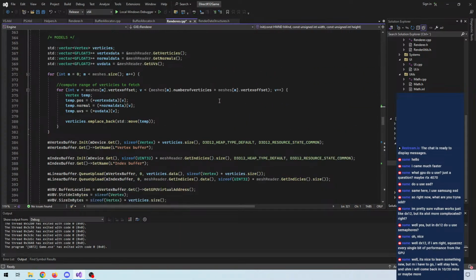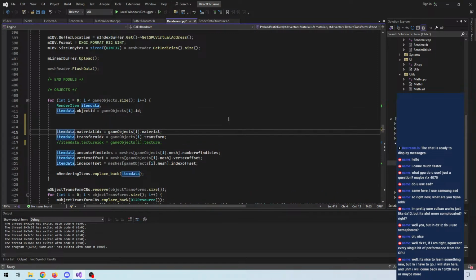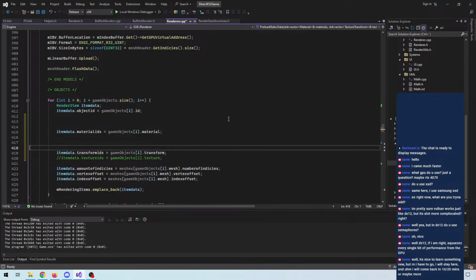Materials, models, objects. Here we go. So this is disabled, or rather not used. Same goes for that. Let's do a temporary testing data field,